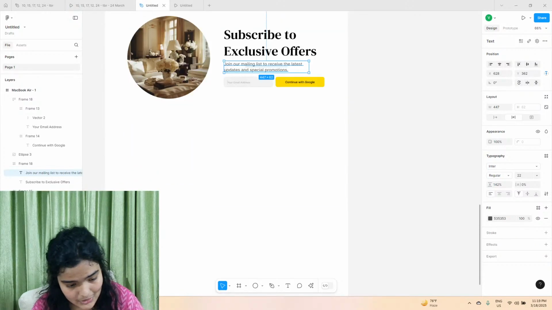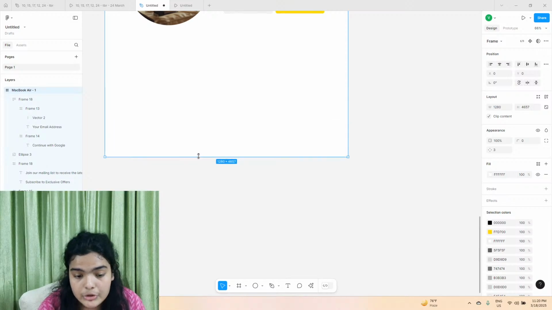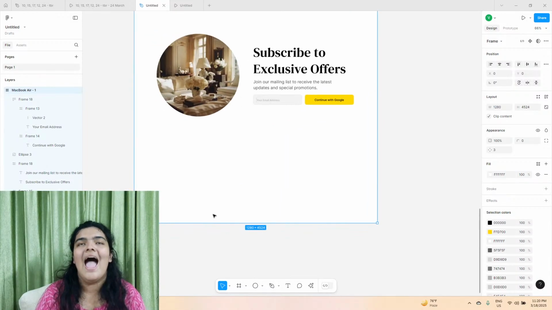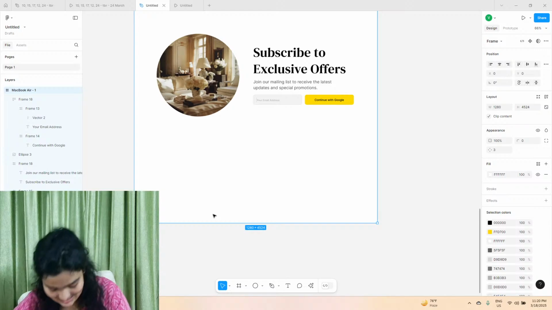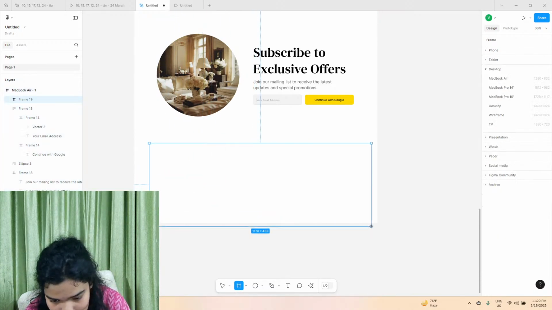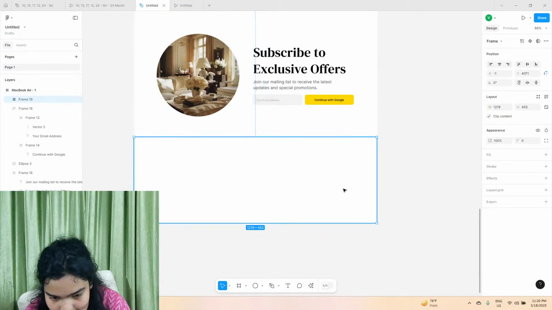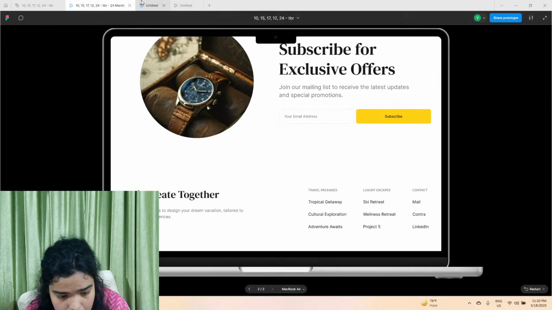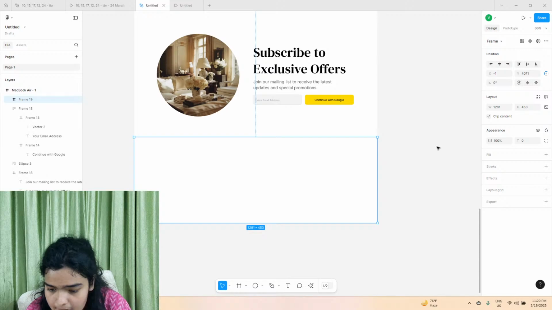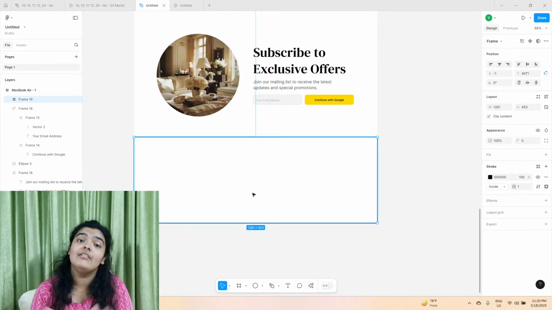So the next thing we're going to do is reduce the final size of our frame down to the footer only, because now we don't need to make it a huge size, if that makes sense. The next thing we're going to do is increase the size over here, as much as we can. This is our footer now. And in case you need to, you're also going to add a little bit of a stroke, because wow, my Figma is lagging today. This is the size, this is the frame, this is the element where you need